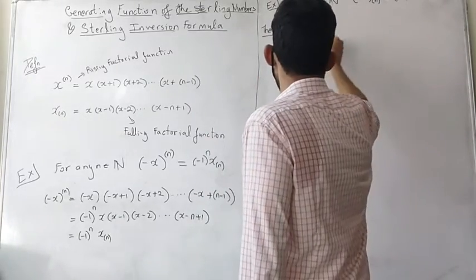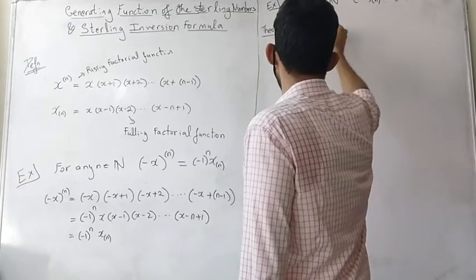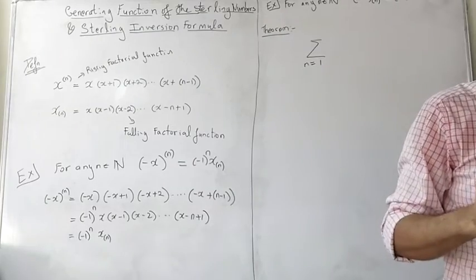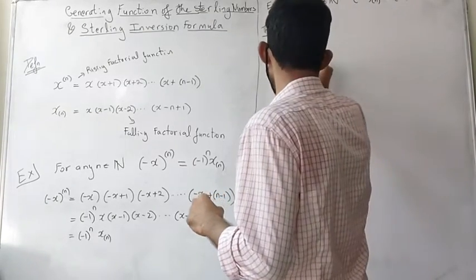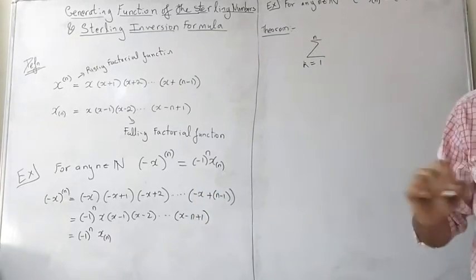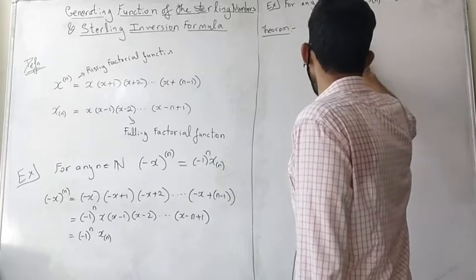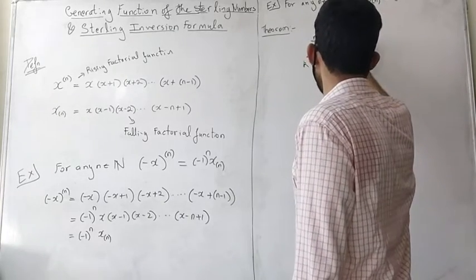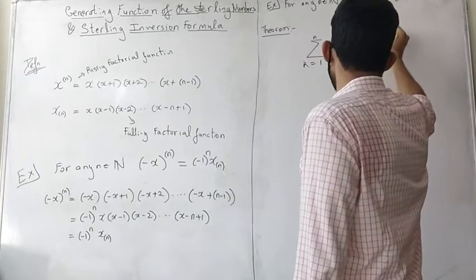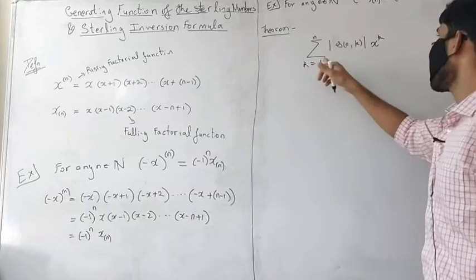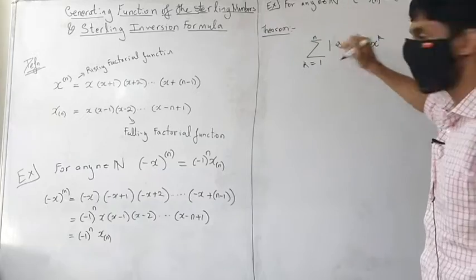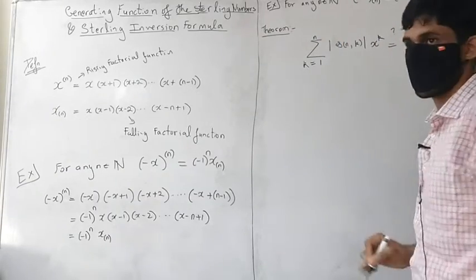So n going from 1 to... that is of course for a fixed n, this would be the generating function. So summation, small s. Okay, I will write small s in this way. Because when k goes beyond n, anyway you're going to get zeros. So my question is, what is this?